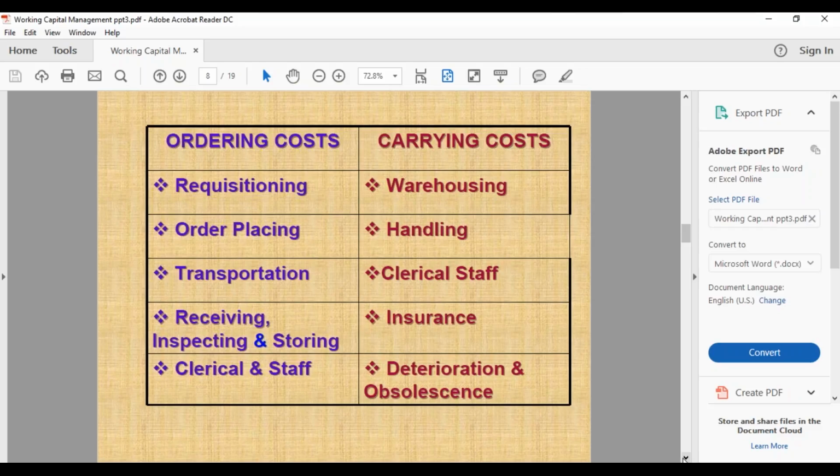So there are costs involved with insurance also, and then there's the cost of deterioration and obsolescence of the inventory. It means inventory also goes bad over time, and even if it is insured, some amount of